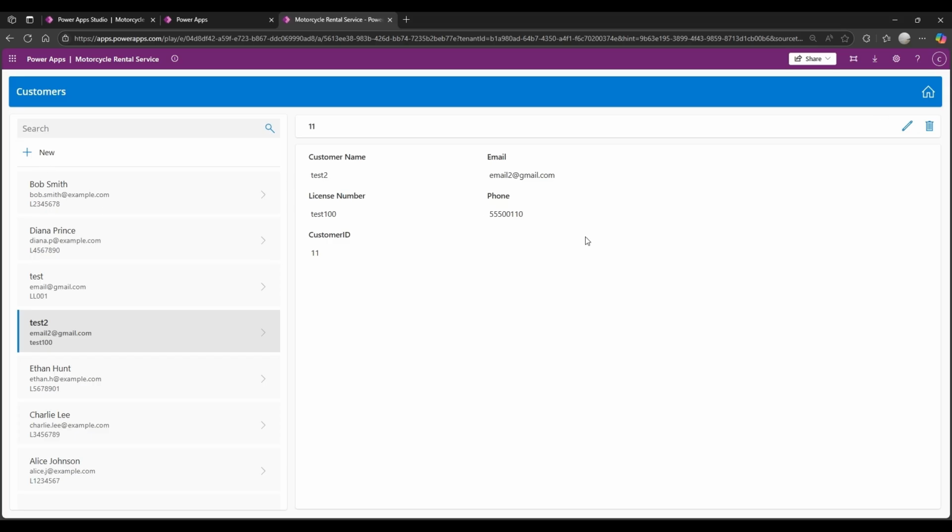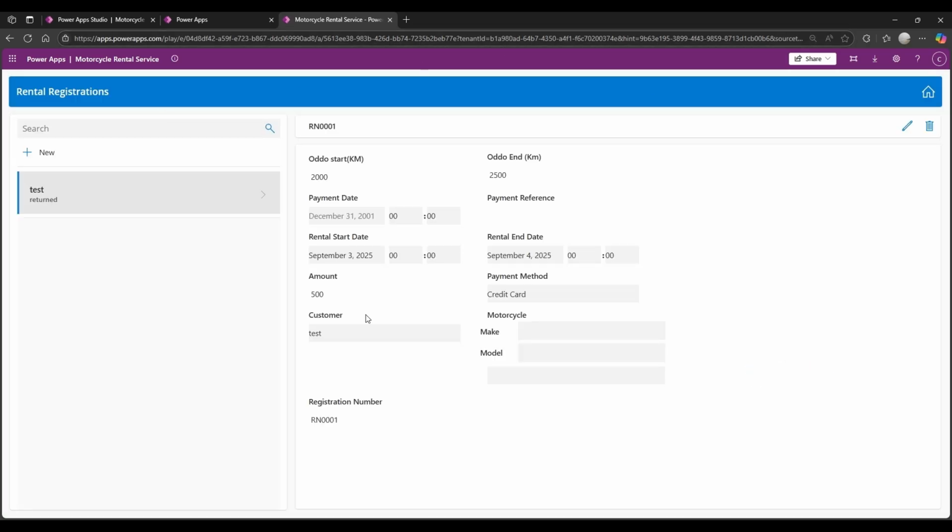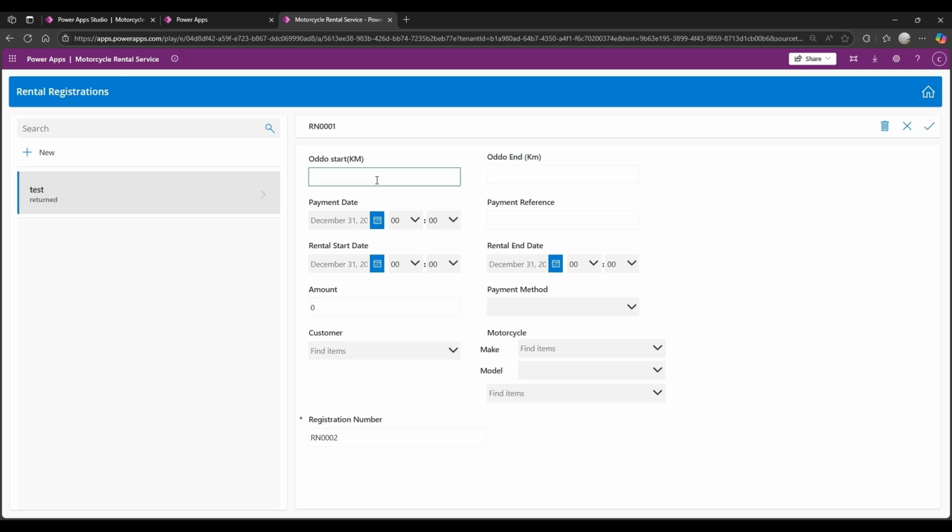And when I go back to the home again, I will be able to go to this page called rental registration. When I go to rental registration, I will be able to see all the rentals that the customers have done. And if, for example, I'm going to add a new registration, I'm not sure if you ever rented a motorcycle